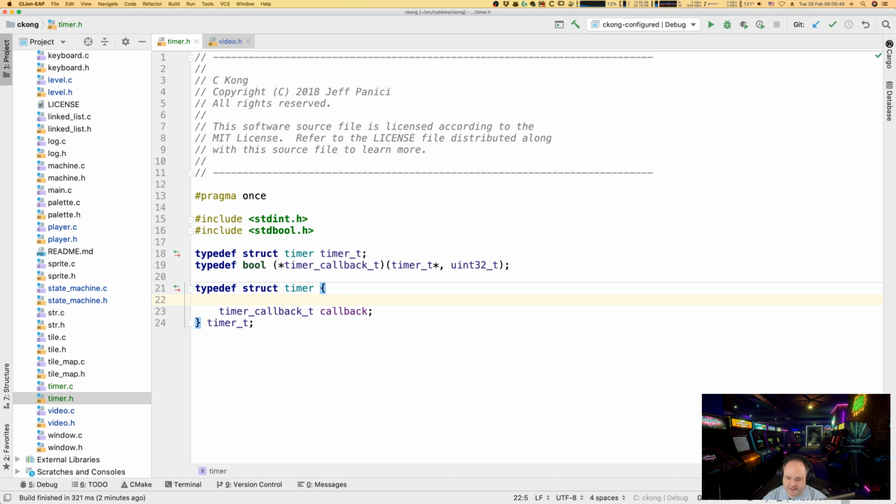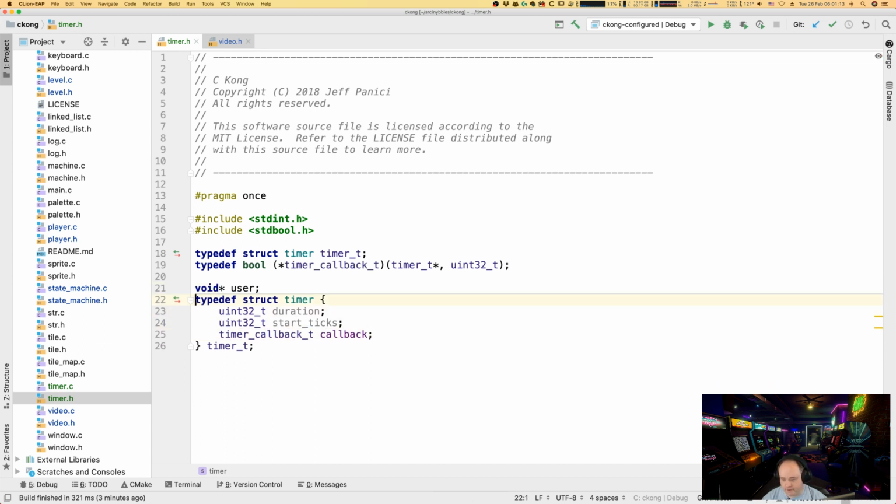We need the start ticks, duration, and let's put a void pointer on here for user stuff if we want it. Okay,